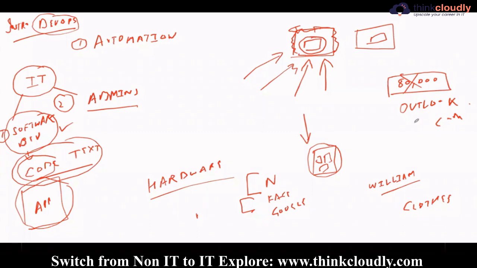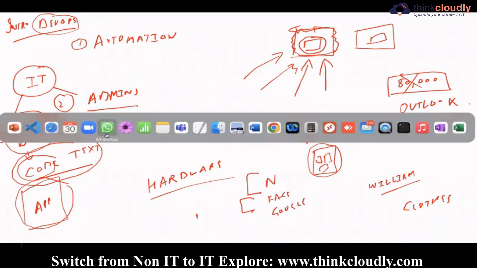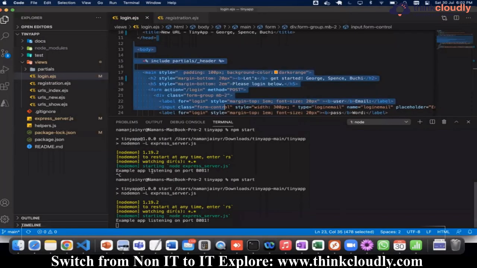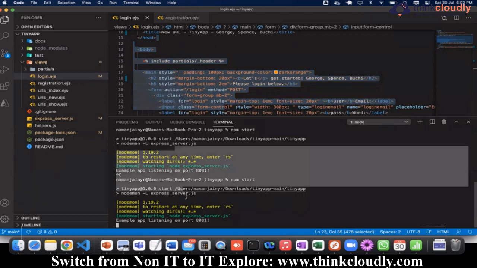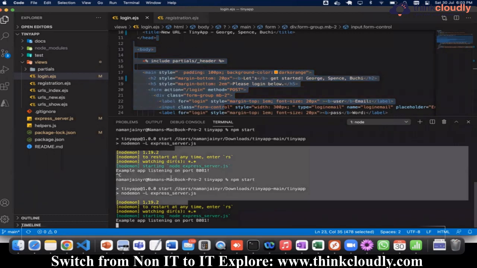So now you can ask me, Naman, why do we need 80,000 servers when the work can be done maybe with one server? Because I ran the application, Tiny app, on my one laptop. I'm not having 80,000 laptops. I have only one laptop, and I was able to run the application. You can ask me, Naman, why do we need 80,000 servers to run Outlook.com? Outlook.com is also an application, and Tiny app, which I just showed you, is also an application. So why do we need one laptop for Tiny app and 80,000 servers for Outlook?